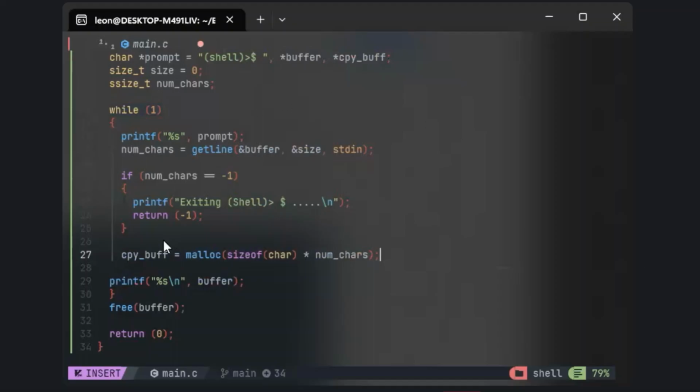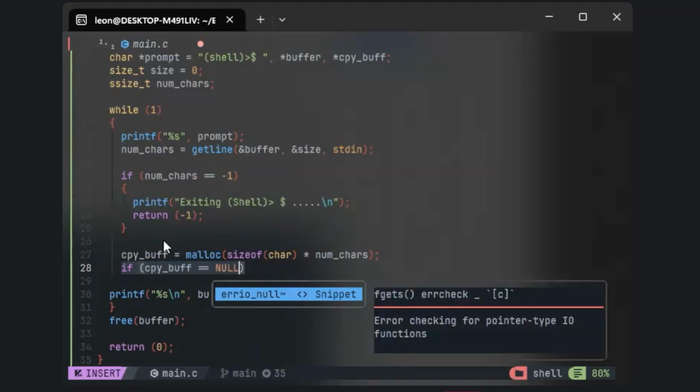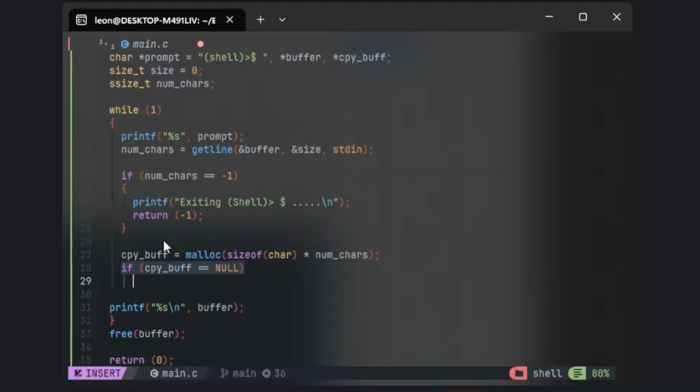But after every memory allocation, we need to make sure we raise a condition checking whether it worked or it didn't work. So cpy_buff, if it is equal to NULL, we want to say, okay,